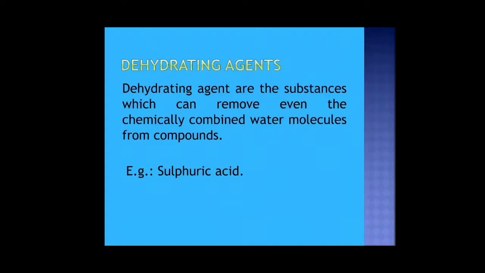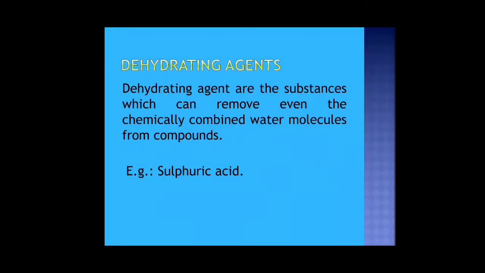Next we have dehydrating agents. Dehydrating agents also remove water molecules from a substance. But the difference between a drying and a dehydrating agent is that a dehydrating agent enters into the chemical formula and removes hydrogen and oxygen in the ratio of water. So if there is a carbohydrate, which is C6H12O6, it will remove all the H12O6 out of it and only carbon will be left. So this is the effect that a dehydrating agent has. What is dehydrating? It goes inside the molecular structure and removes the water.